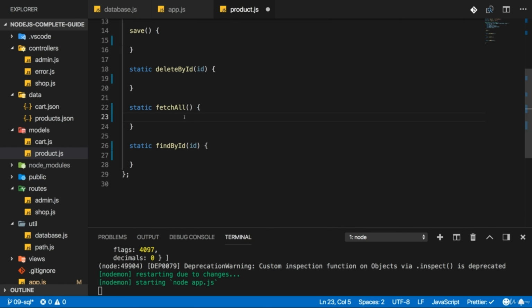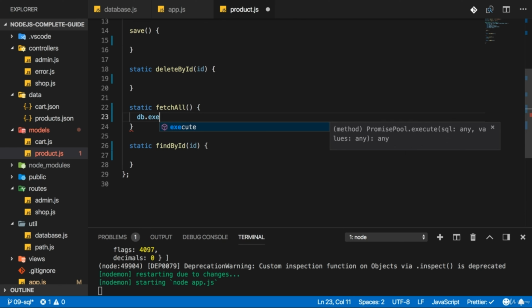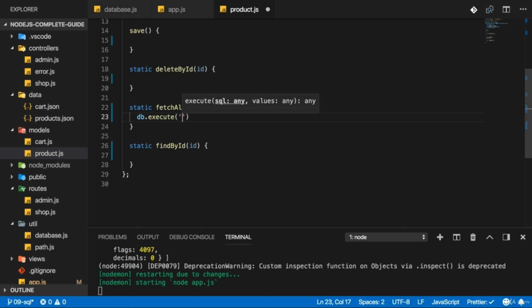And now in fetch all, we can execute a query. And now, which query do we need to execute here? Definitely feel free to pause the video and write it on your own if you already know it. Well, here we want to fetch all products, so it's the exact same query we ran before. Select everything. The star stands for everything. We could also select just the ID and title with this syntax, but I want to select everything, all fields